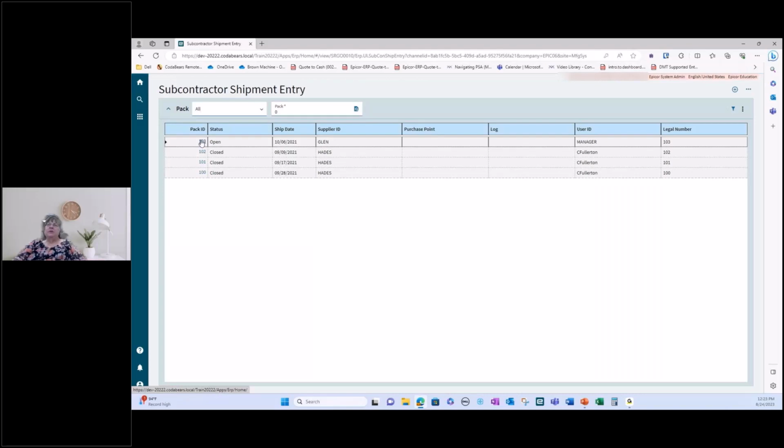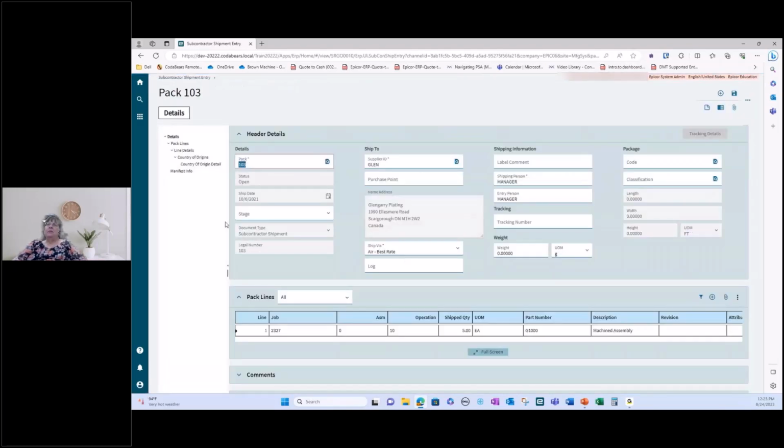So, subcontractor shipment entry. I've seen where in real life, sometimes the shipping person will do a miscellaneous packing slip when we're sending stuff to our subcontractors. What happens is then we lose track of what we've shipped out that's being worked on, and we want to make sure that we're tracking it so that we can actually bring it back in when it's completed. It provides better visibility on the shop floor, and for the scheduler as well,